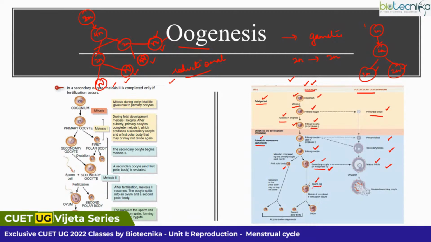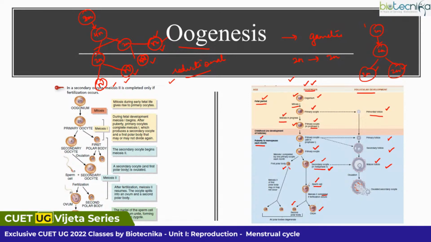Now when it fertilizes with a sperm cell, only then will it complete meiosis 2. So meiosis 2 will get completed, and then this n gets fertilized with the sperm cell, so now it becomes a zygote, it becomes a 2n, and again it will give rise to a second polar body,